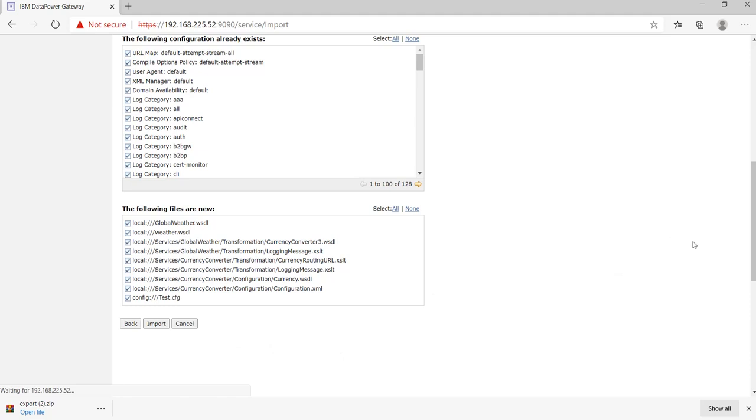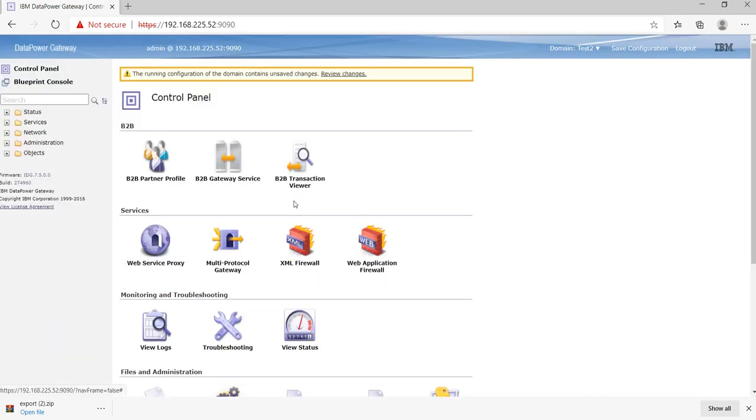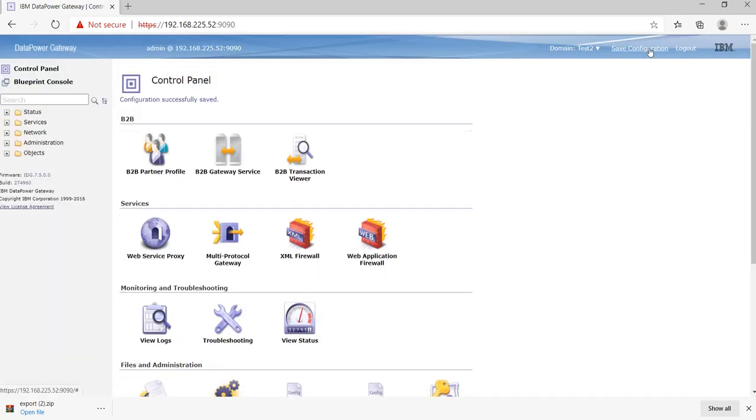It takes some time. So it's done. Now we'll click on done. Okay, save. Now we'll see whether all objects are available or not.